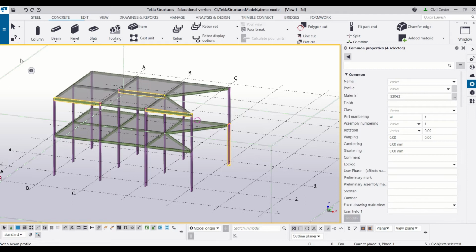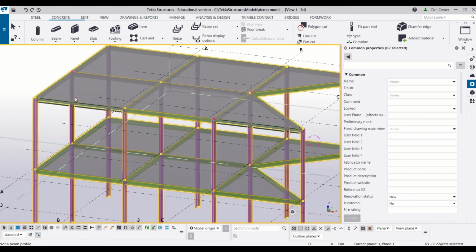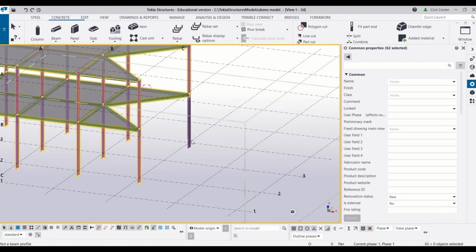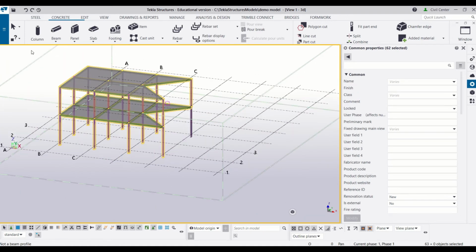If you want to reverse your selection, then all you have to do is hit the Control button on your keyboard and drag your mouse from the left to right and select the whole model, and all the selected members will be deselected and all the deselected members will be selected. Like you can see over here, this column was selected previously, so it is deselected now. To verify, I will just repeat the process. So I will press the Control button and drag my mouse over the model.